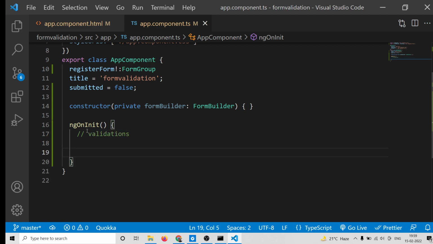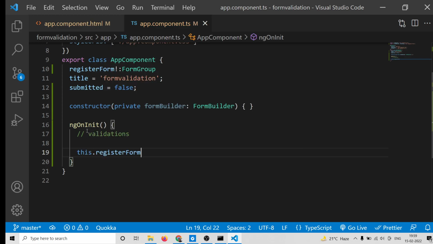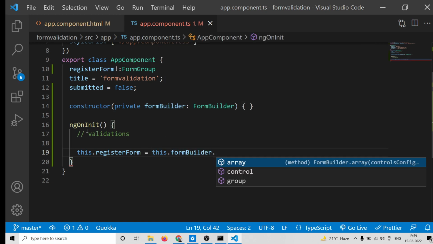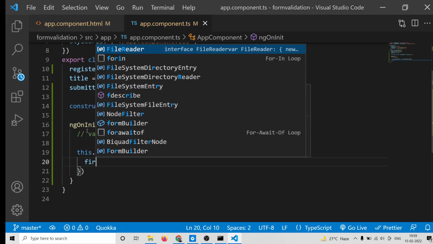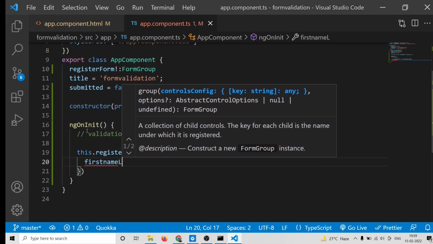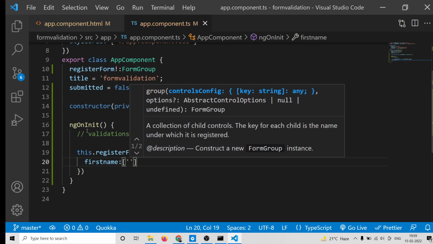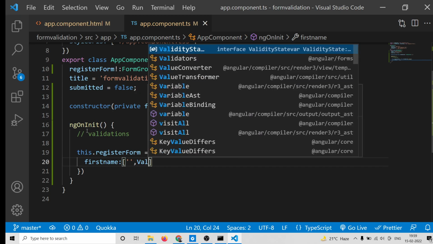So first of all, we will target this dot register form, and inside this we will use this dot form builder, and we will target the group, and here we will put the validations that we need to have. For this, first of all, we will have the first name. So first name will be having square brackets, you will write, and the first argument will be like this, and the second argument will be for the validators